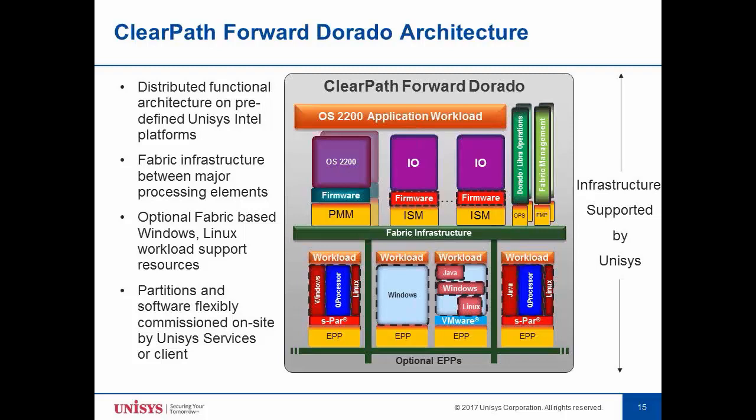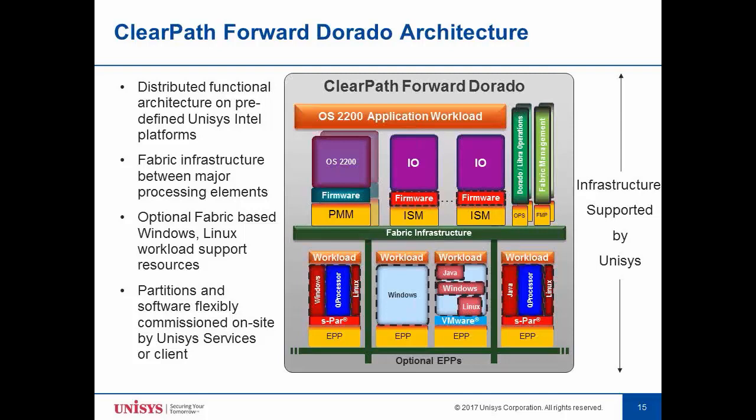And all of these major elements are connected with a high-speed fabric infrastructure, a high-speed network connection that ties these processes together to provide the support for the OS 2200 workloads. That's what's at the top part of this slide. Below the one level of fabric infrastructure, you'll see the optional fabric support resources for enterprise Windows, Linux, and additional workloads and solutions that can be provided by the client, by you, or specified by you,